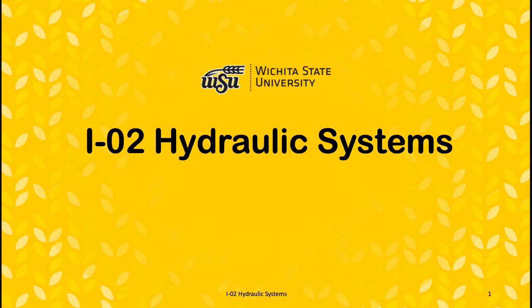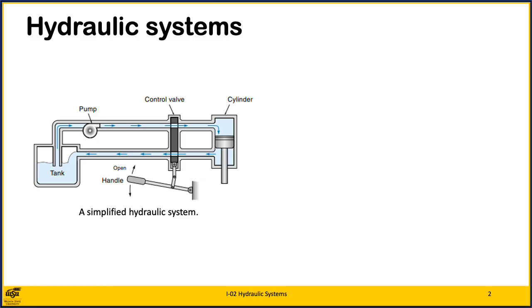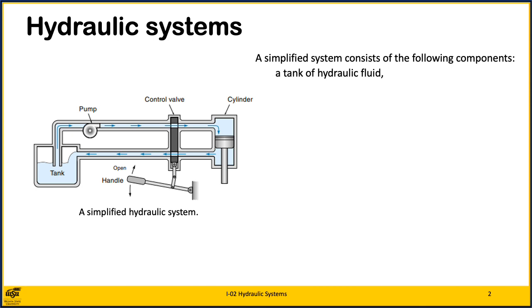Let's now take a look at hydraulic systems. Hydraulic systems are ideally suited to provide a strong linear motion. The system uses a fluid, a light grade oil, to transfer energy from a pump to an actuator. A simplified system consists of the following components: a tank of hydraulic fluid, a pump, a control valve, and a